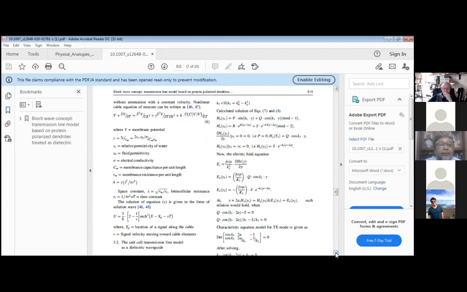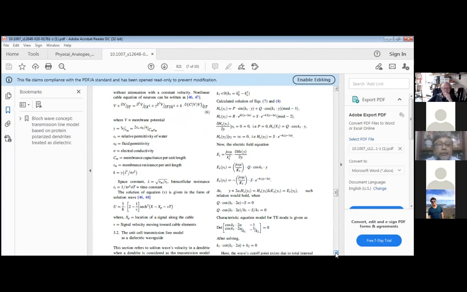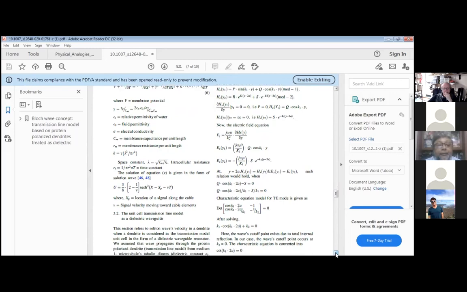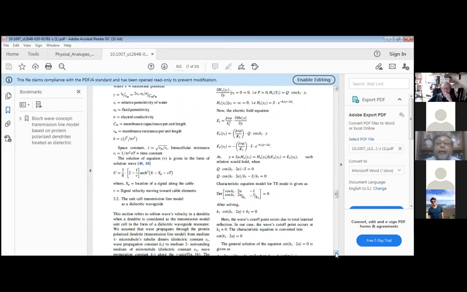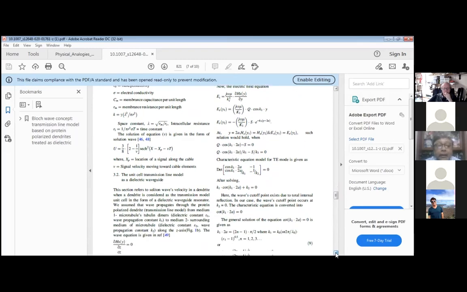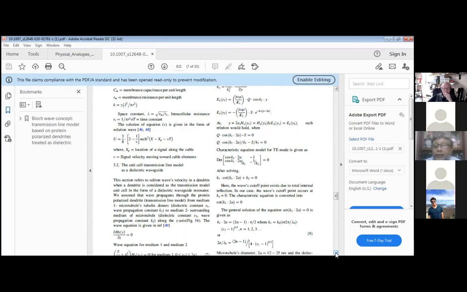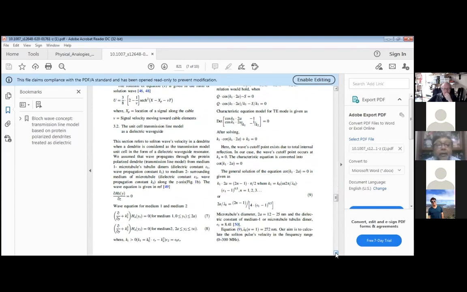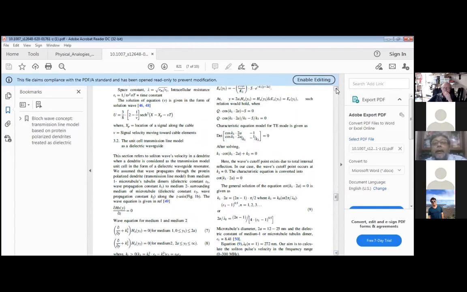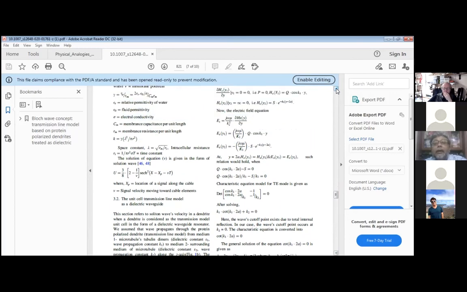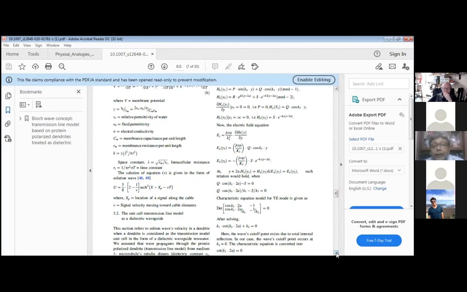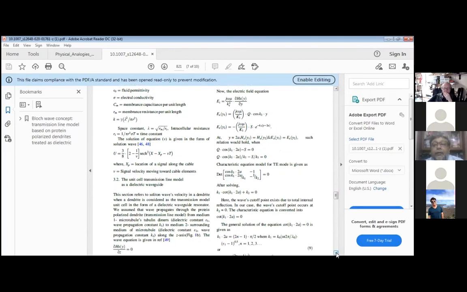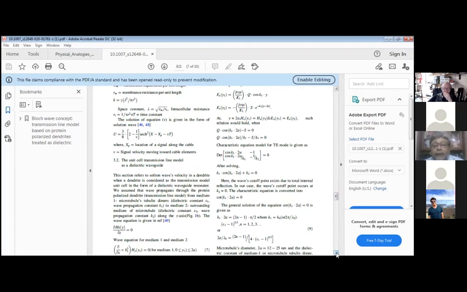Then the space constant, then the corresponding equations, and the electric and magnetic fields using Maxwell's equations, solving the Maxwell equations for different media. You can see the corresponding Maxwell equations we have solved here, the electric field equation and the magnetic field equations. Because it is a dielectric resonator, you can set the situation model of the T mode, and after solving, we got